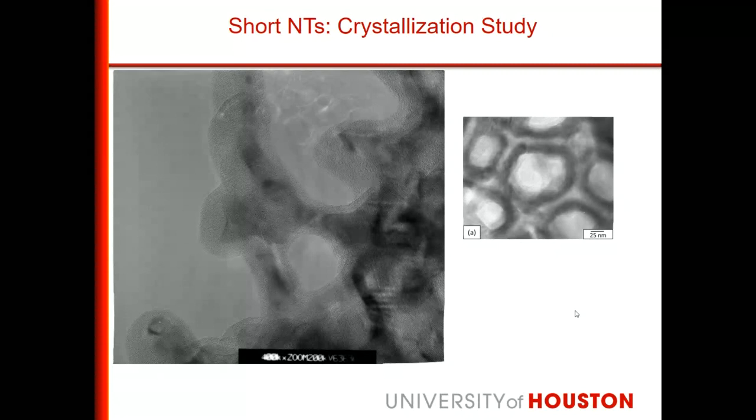So we want to make it crystalline. We heat treated the material and crystallized it. This is how the crystallites are formed inside the wall of the nanotubes. This is one crystallite, this dark region, and this is another crystallite. If you increase the temperature of heat treatment, these will merge to form a single network of crystallites. That is how the whole nanotube wall becomes crystallized. Remember that the thickness of the nanotube wall can vary from just 2 nanometers to a few tens of nanometers, so we can adjust the thickness of the walls.